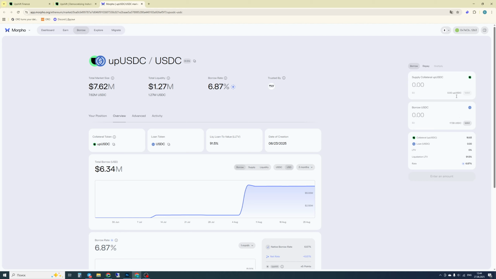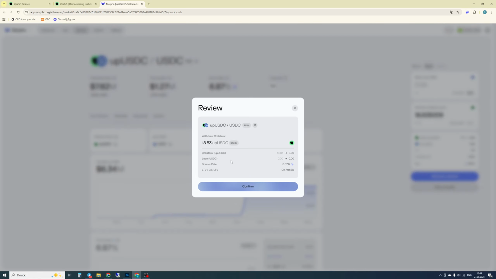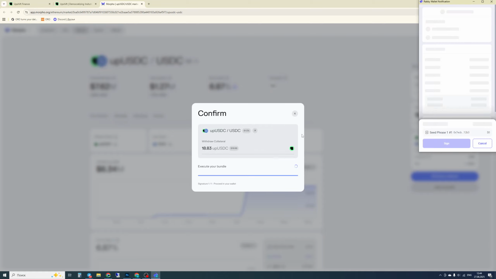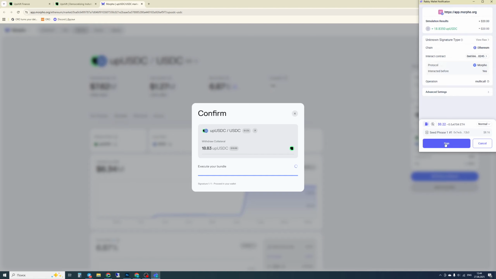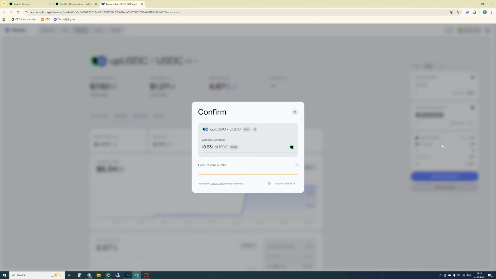We can just as easily return our up USDC without encountering any problems or difficulties at all. We select all 18.83. We also sign the transaction for confirmation.